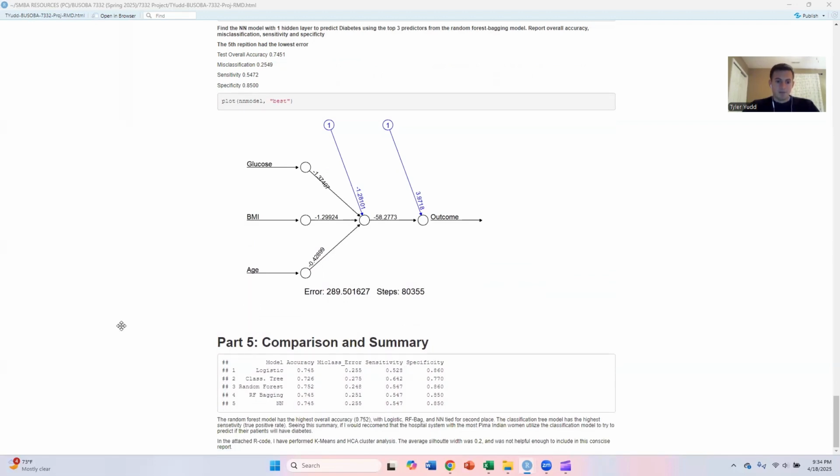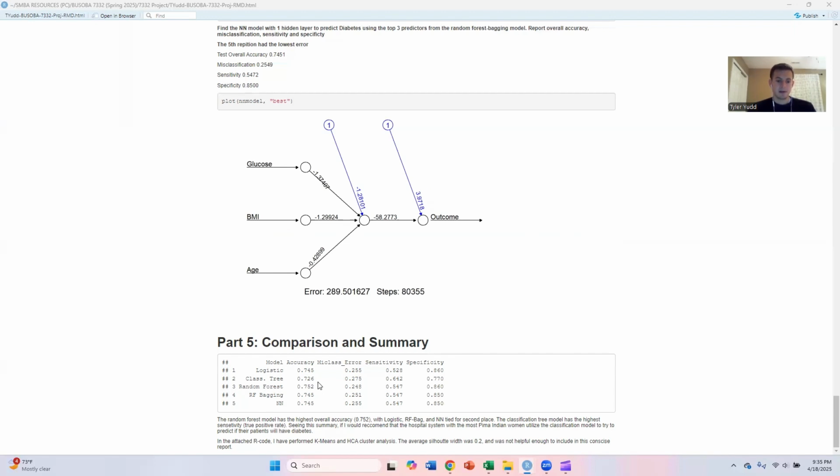To wrap it all up, I did a comparison of all of the models that we did, showing that the random forest model had the highest accuracy at 75.2%, while the classification tree model had the highest sensitivity. In second place for the accuracy, logistic, random forest bagging, and neural network all had 0.745, so they were very similar. My final recommendation was that the hospital system in central Arizona that serves this Pima Indian population should use the